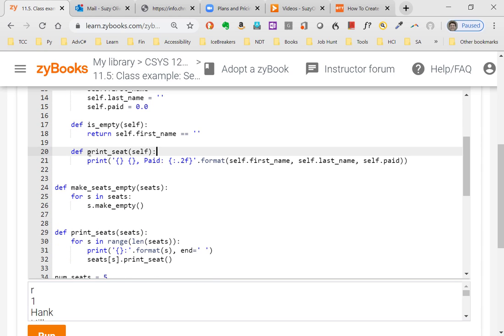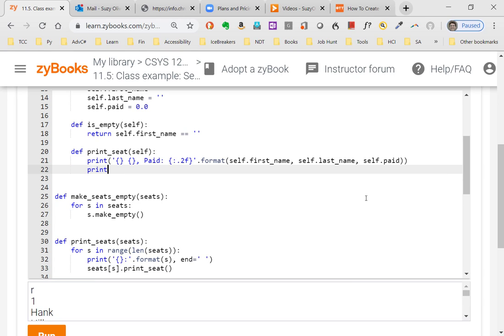Now we've got the method called print seat, and it's going to print, we've got two arguments here. So we're going to have the first name here and the last name there, and paid will go here. I really prefer using the f-string for that. You could do it like this, print f quote paren